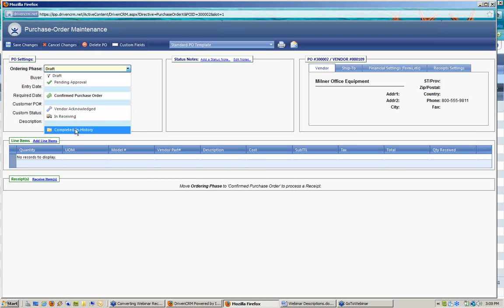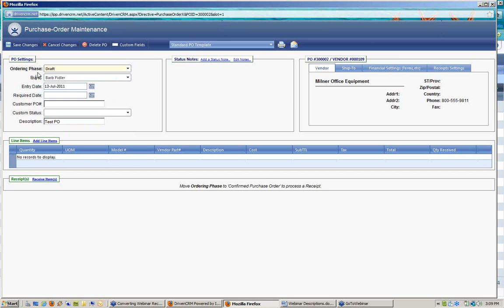And the last phase for a purchase order, similar to a sales order anywhere within Driven, is to mark it as completed or in history. That means that this is a fully received, committed, closed purchase order. That PO will go over to QuickBooks as a closed purchase order. Everything on this PO should have already been received then, and it will go off my active purchase order screens. So the phases are very important for some of the functionality and availability of features for you within that Driven